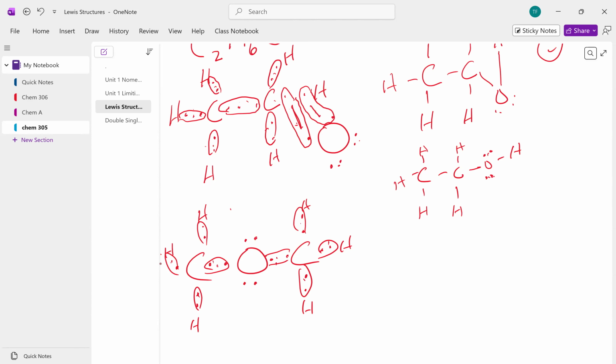Okay, let's look for shells or octets. Carbon on the left, 2, 4, 6, 8. On the right, 2, 4, 6, 8. Oxygen in the middle, 2, 4, 6, 8. So that's legal. So what this looks like,